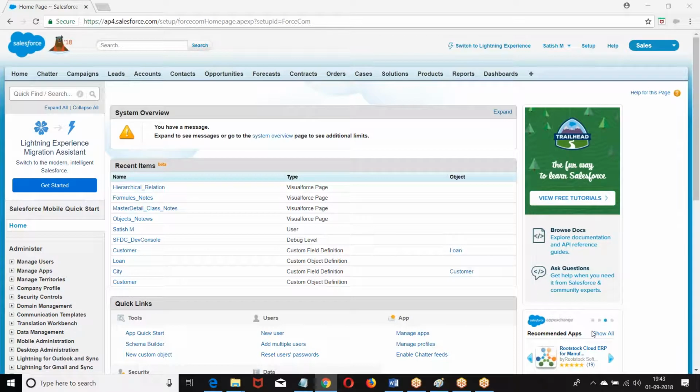When you say aggregate operation, what do you mean by that? Count, sum, min, max. If the master record wants to perform any aggregate operations on corresponding child records, then we go for a roll-up summary field.